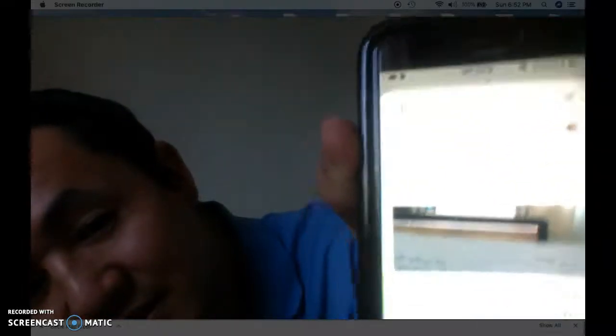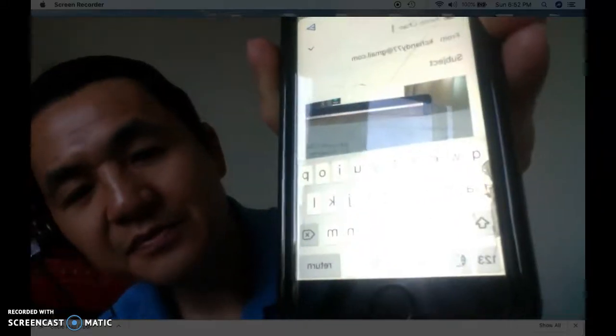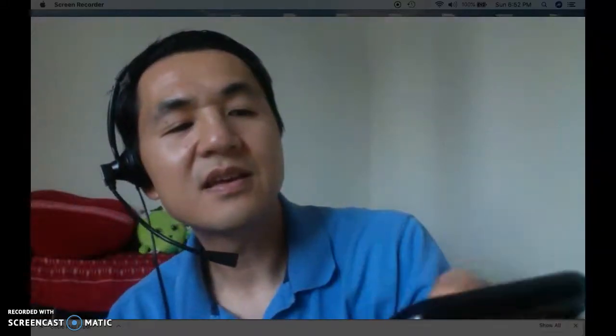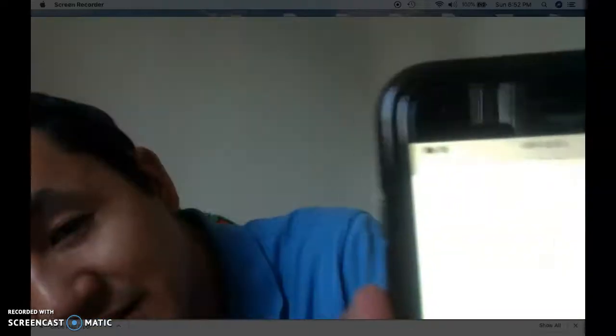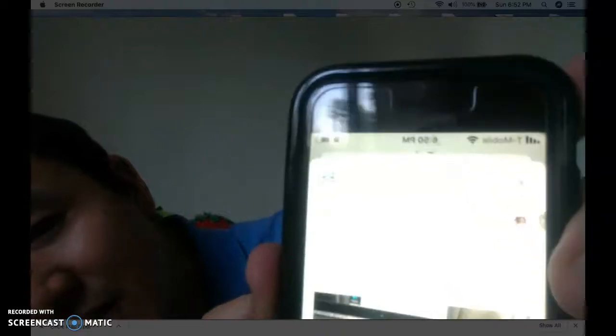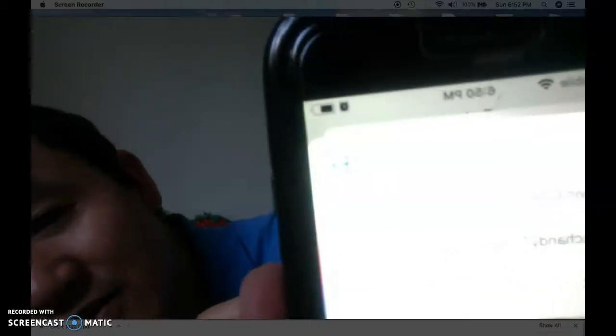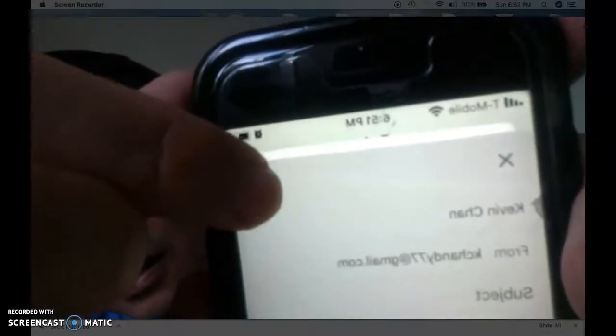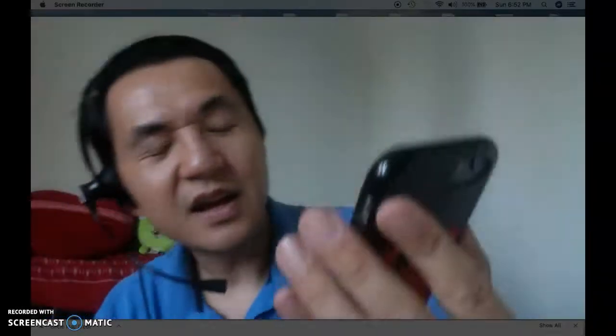I'm ready to send this picture and I click on that button. There's a button kind of at the bottom that says... oh, I'm sorry, it's a button at the top. It's a type of arrow icon that you can see. Kind of hard to see actually through this camera. Oh, there you go, there it is. And you click on that button right there. And it'll send it. Okay, so now you sent it over.